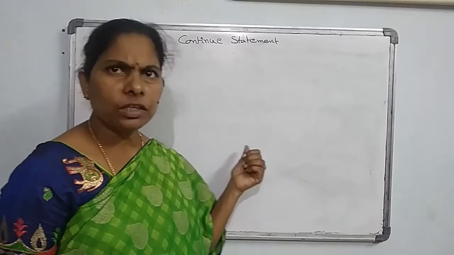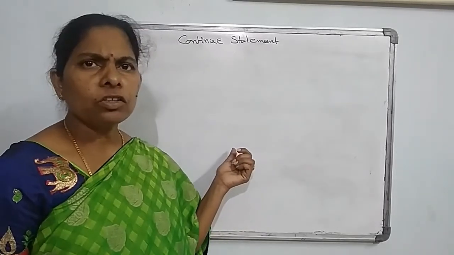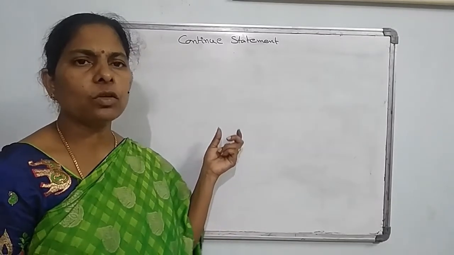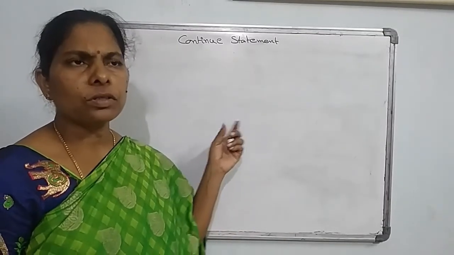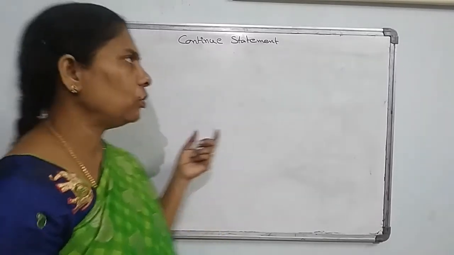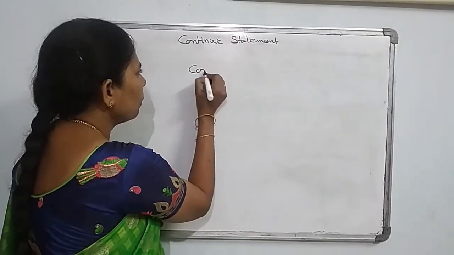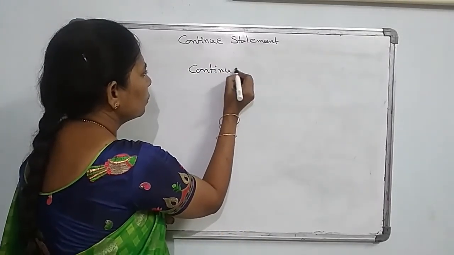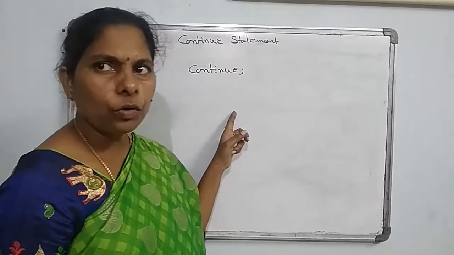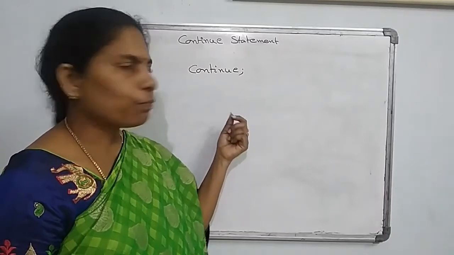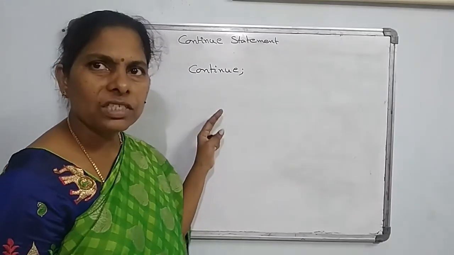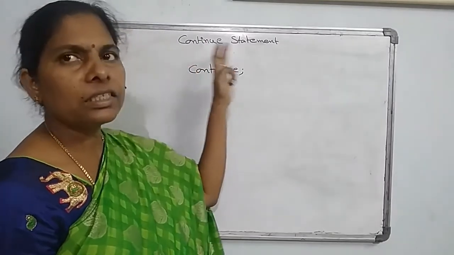The next topic is the continue statement. The continue statement is used when you want to continue the process. That means if you are using looping, you can repeat the process again and again. At that time you want to repeat the process, you can use continue. The syntax of continue is continue and a semicolon. Whenever you use continue, it skips the next statements in the loop. These statements are skipped and it starts the iteration again.